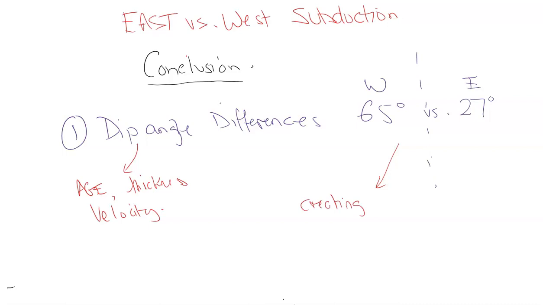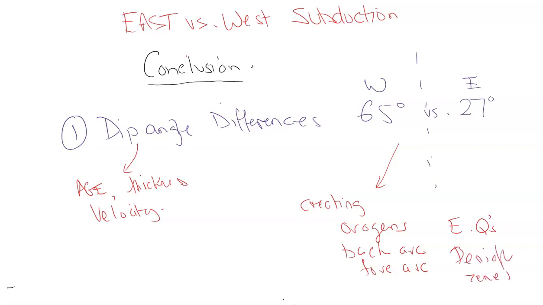For the east, you could have the different back arc and forearc basin development. In the west, you have the difference in volcanoes and magma composition. Also, you have a difference in the amount and size of earthquakes, megathrust versus regular, and the difference in Benioff zones as well, the deep earthquakes